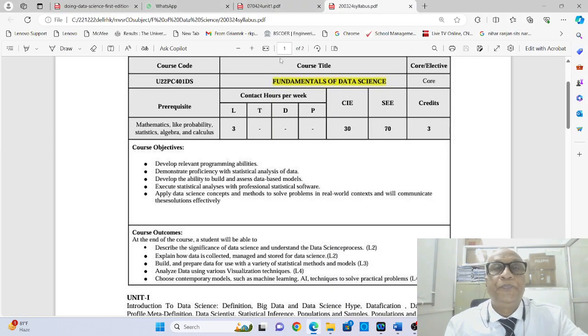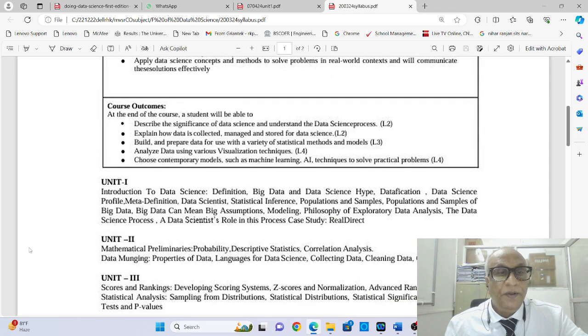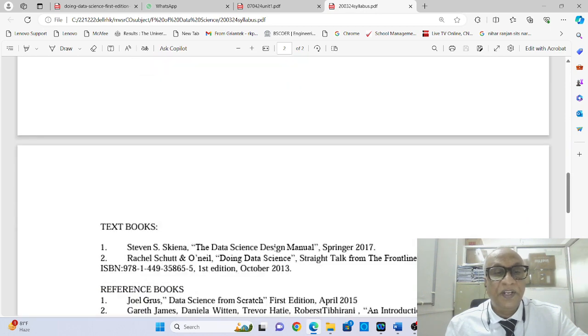So, let us continue our discussion of the subject Fundamentals of Data Science, meant for SEM 4 data science students. We are into Unit 1, and in the previous session we have covered till datafication, and in today's session we will speak about data science profile, meta definition, data scientist. These three topics we will cover, and for this we are referring the